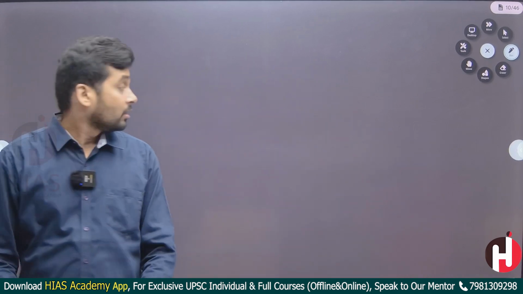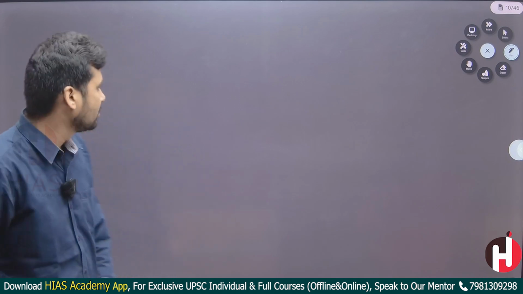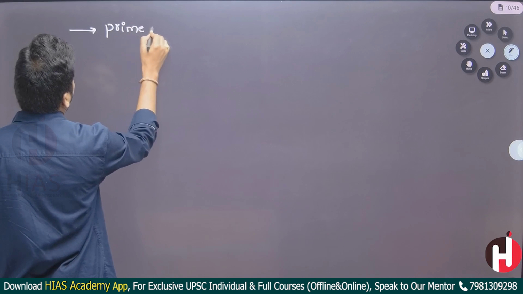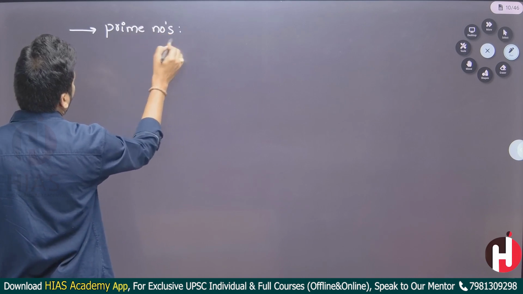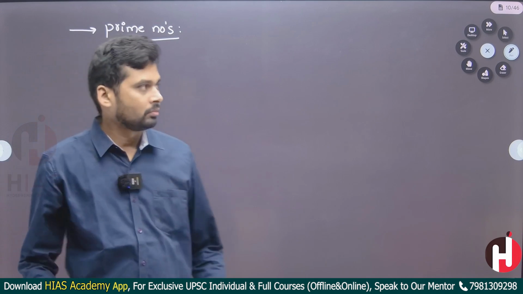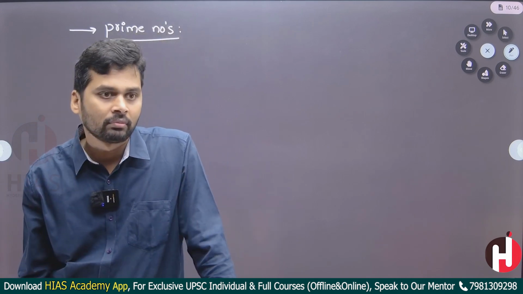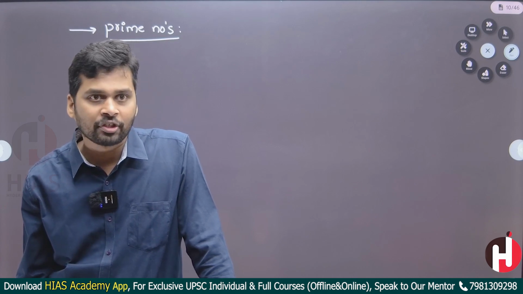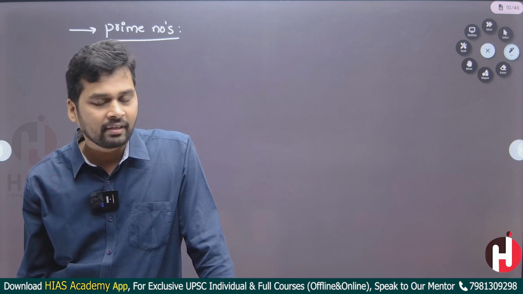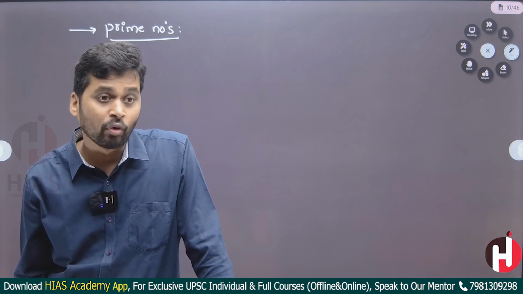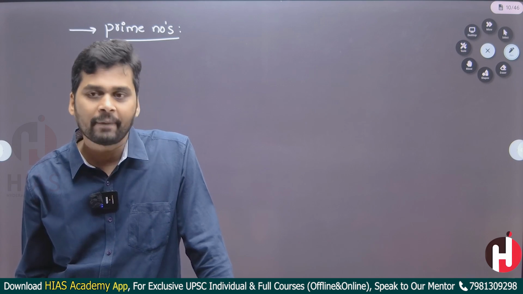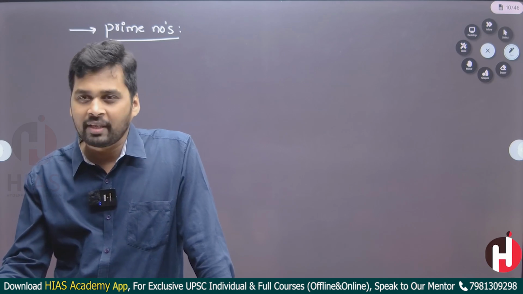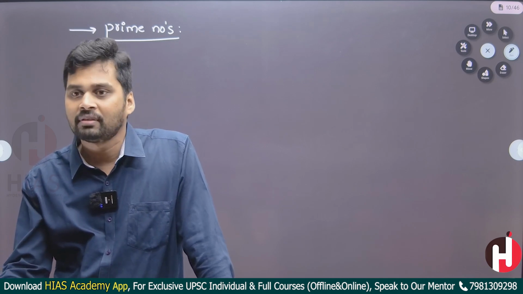Okay, right. The next one is prime numbers. What are prime numbers? Any number which is perfectly divisible by 1 and the number itself, but the word only is important. Only 1 and the number itself. Anyways, can you give me the examples for the prime numbers? First, you tell me the examples.